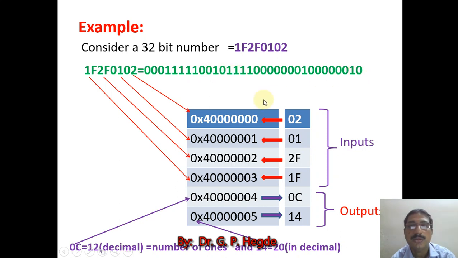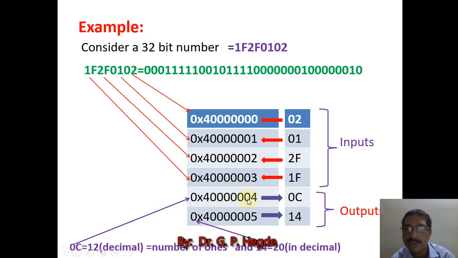Then load the given 32-bit number byte by byte. The least significant byte, that is 02, is loaded in the 4000 location. 01 is loaded in the 4001 location. 2F is loaded in the 4002 location. The most significant byte, that is 1F, is loaded in the 4003 location. Then these are the inputs given to the program. Then after executing the program, you see